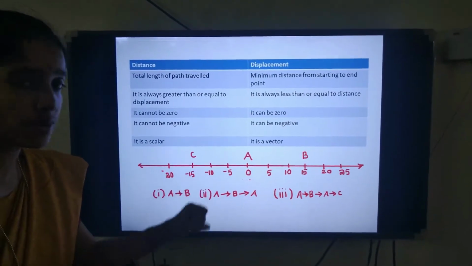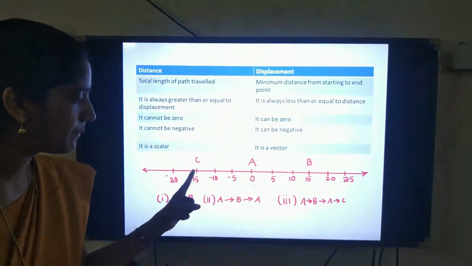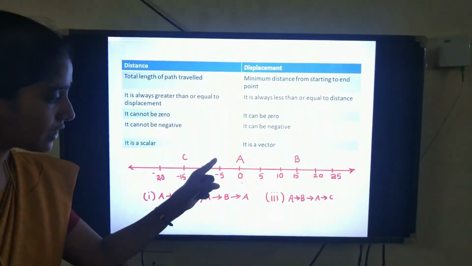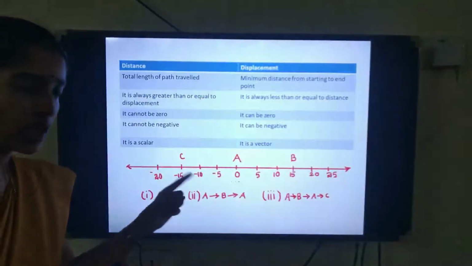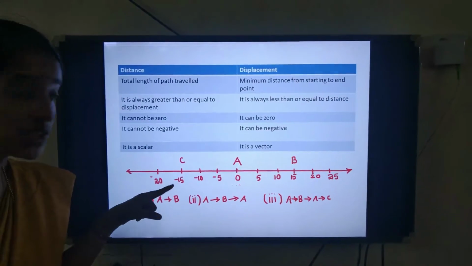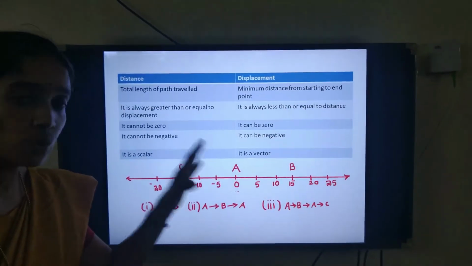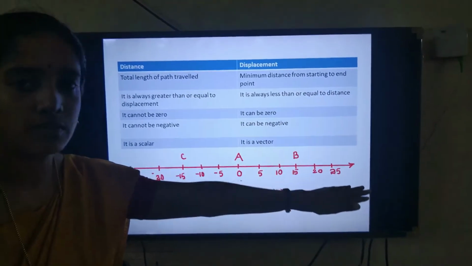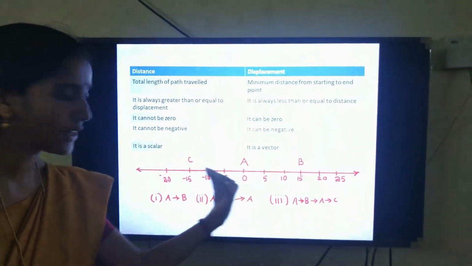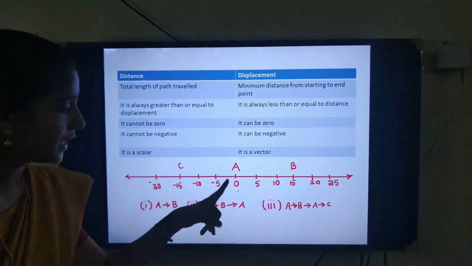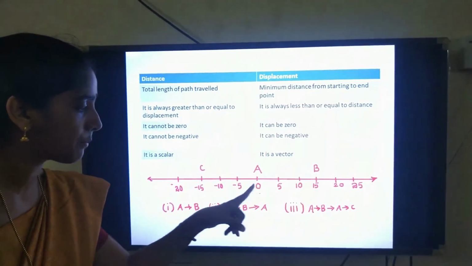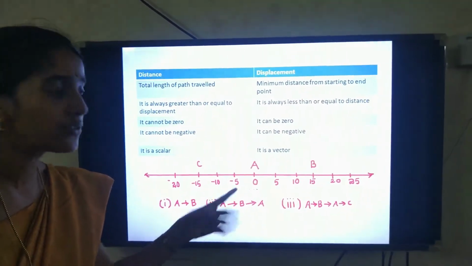But what is the displacement? What is the rule? Identify the starting point and end point. Draw a straight line from starting to end point. And then put an arrow in such a way that the arrow is towards the end position. So towards the end position means the arrow is towards left. Left means what sign we give? Minus. What is the meaning of the minus and plus sign here? To show direction. Plus sign shows the object moves right, and minus shows left, because we are talking about displacement. Displacement is left if it is minus. So here the displacement is from A to C. So what is the answer for displacement in this situation? Minus 15 meter. But distance is plus 45.